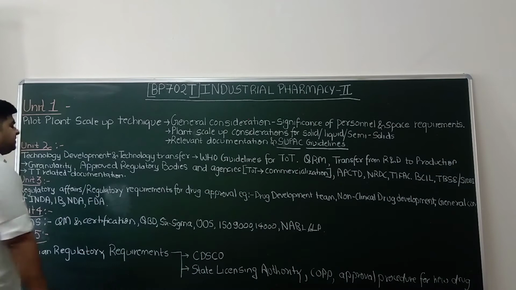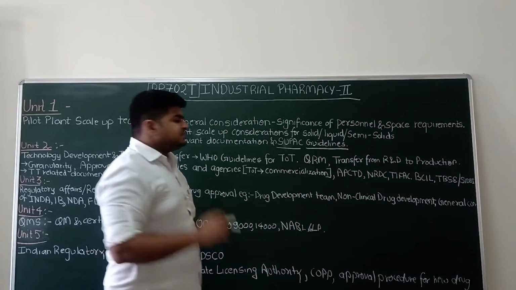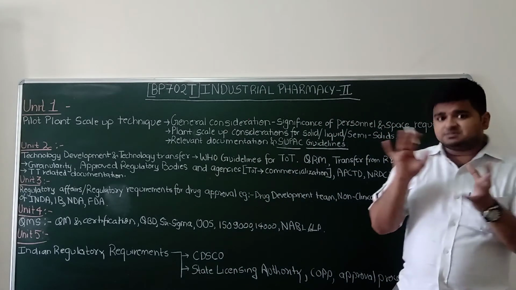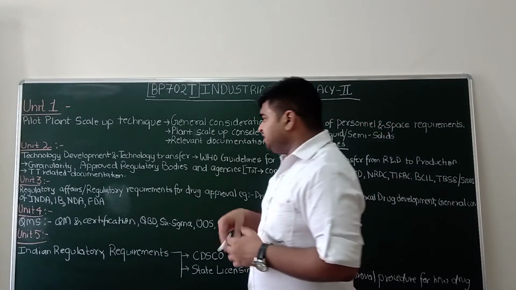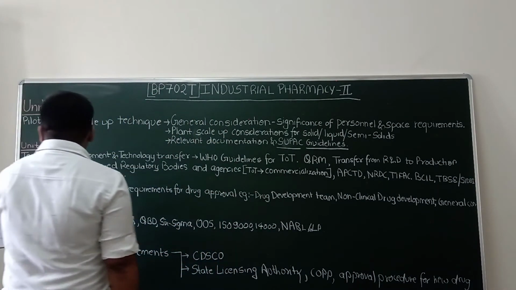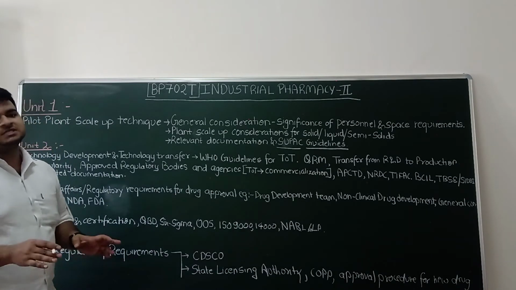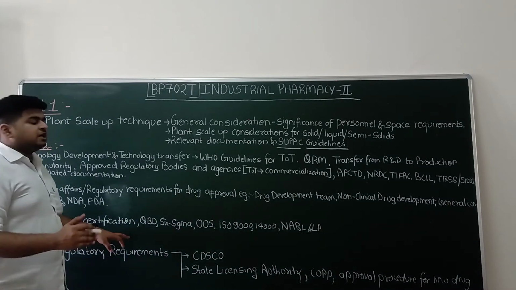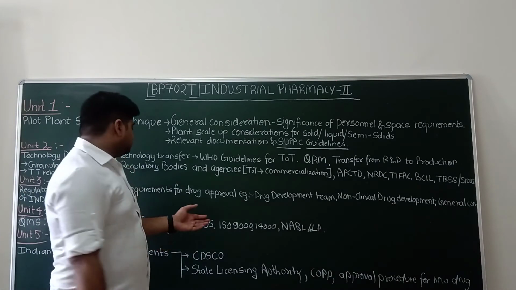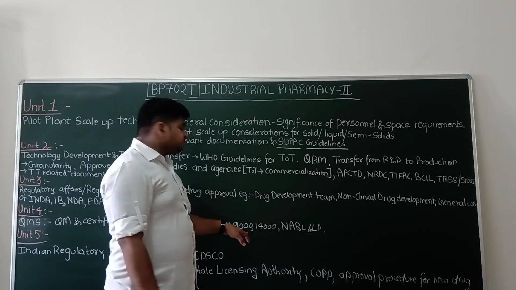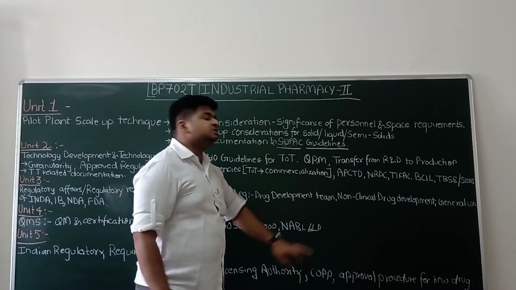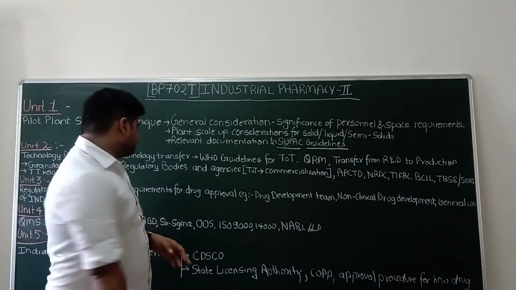In the fourth unit, you will cover the quality management system. This quality management system and quality risk management all come under the ICH guidelines. According to the ICH guidelines, you will study what QMS and quality risk management are. And whatever the different certifications are required, like quality by design, Six Sigma concept, then OOS, ISO, International Standard Organization 9000 or 14000, then NABL and GLP, about all this you will study.